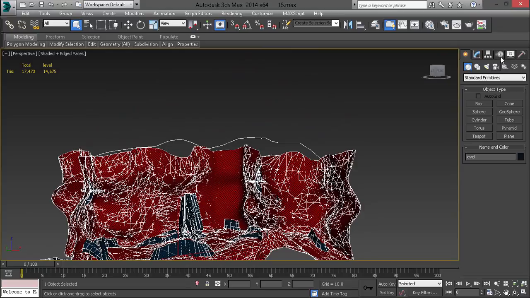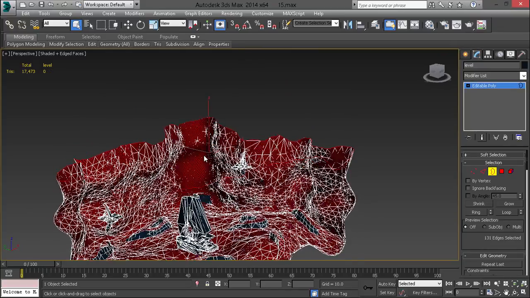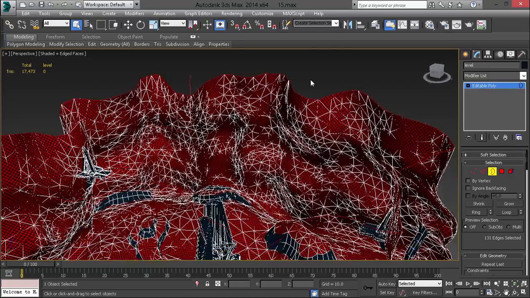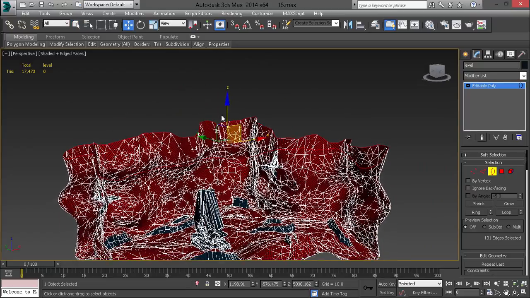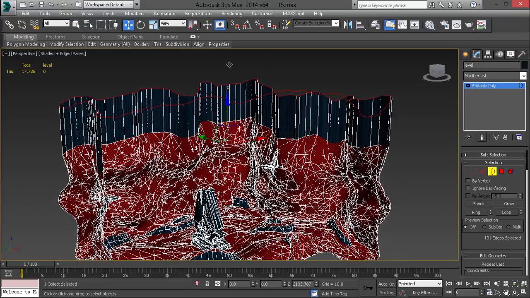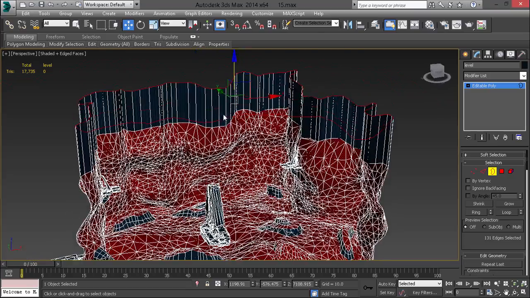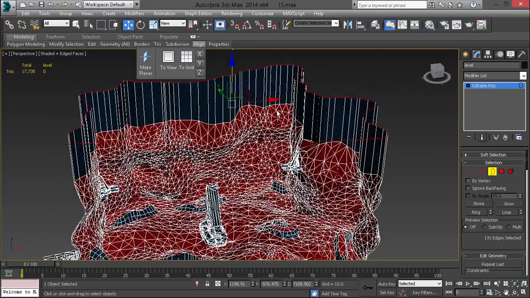Now, a skybox generally consists of something like this. So if we grab in border mode this open border at the top of our map, we hit W and we extrude that like so, and then we'll go into our align panel and align that on the Z axis to make that completely flat. And then what I'm going to do is